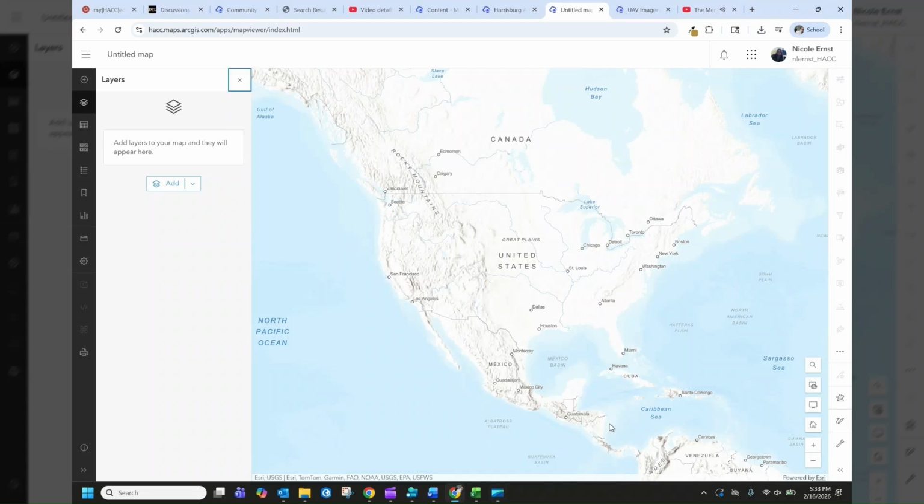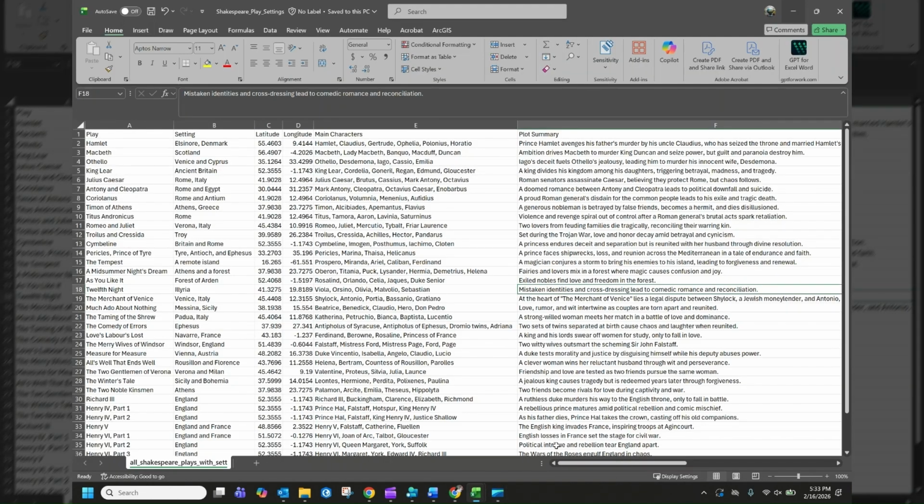This video will show how to take a spreadsheet that has latitude, longitude coordinates in it and translate it to a data layer in ArcGIS Online. So the data that I have that I want to convert to a data layer in Map Viewer is